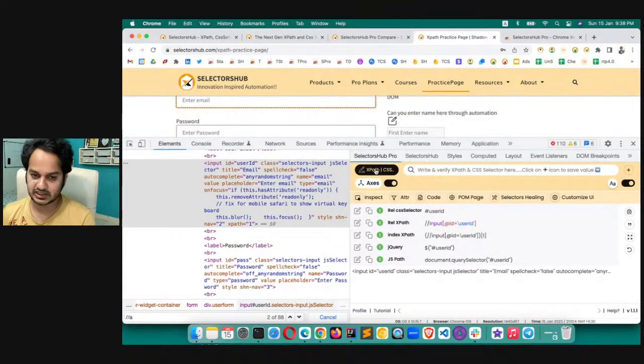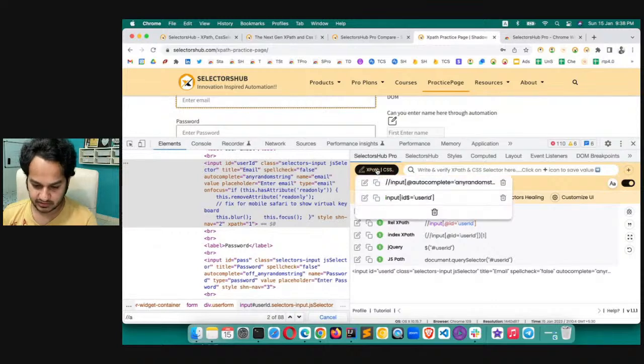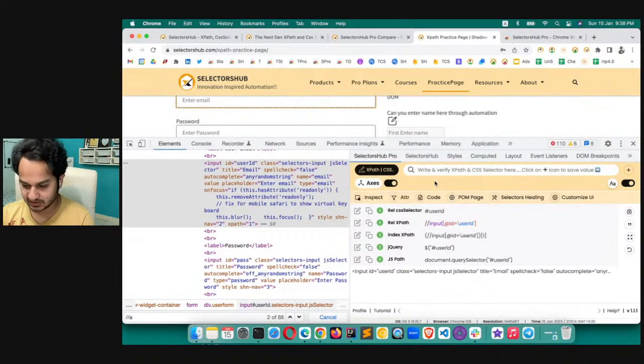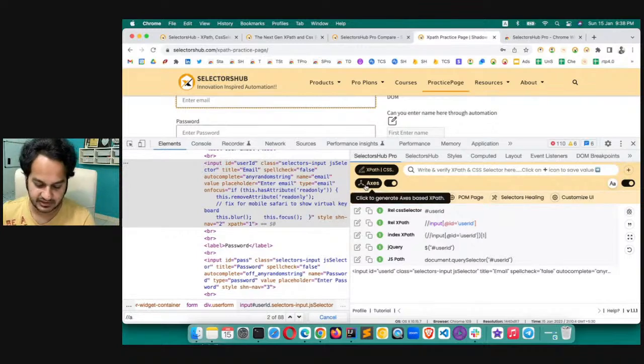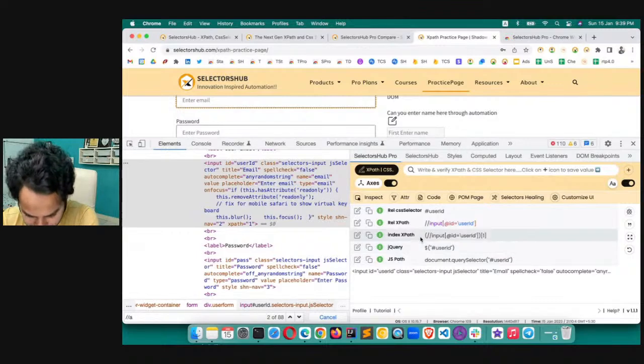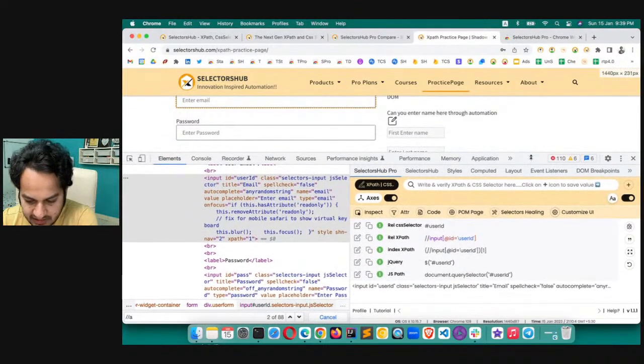Now let us go from the top. Also, you have seen the functionality of this header. When you click on this, it shows you the saved values. Then let us see this button as well, or we will come back to that later. For a second, we will leave this button here. Let us see this auto-generated part. Now, whenever you inspect any element, if you want to generate XPath and CSS selector for any element automatically, what you have to do,